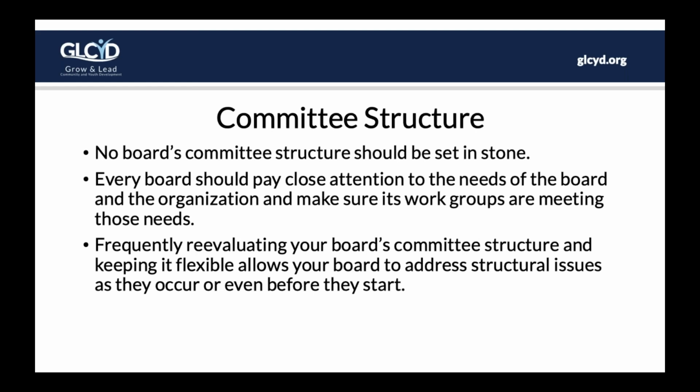Okay, so committee structure. This is something that I did a lot of research on and kind of changed course. I used to be someone who really thought standing committees were definitely the way to go. Set them up, you know what your big areas are that really need constant attention or work, so just set them up and let them run. But the more I dug into it, I realized that